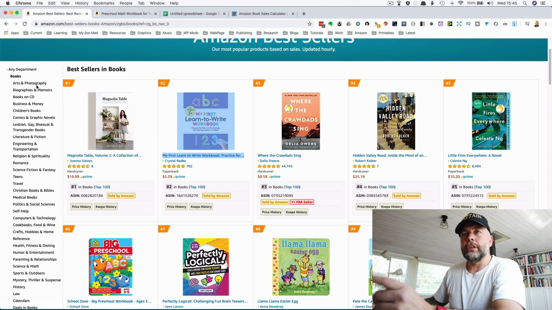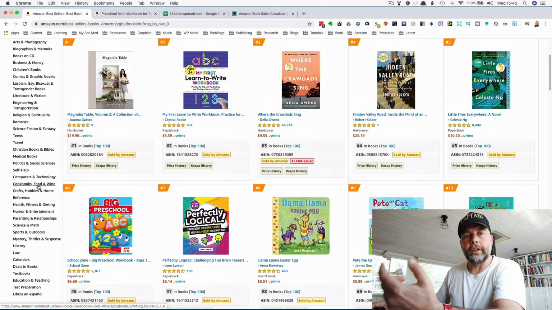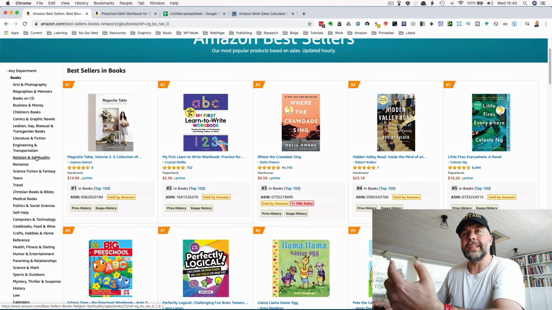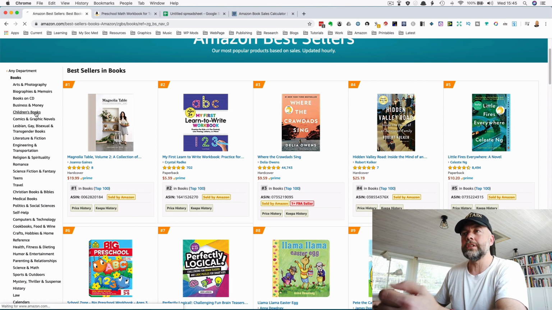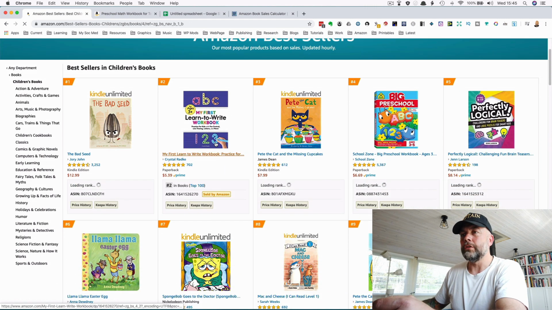Now the beauty of this is if you look down the left hand side, you've got a whole list of different categories, which when you click on them will go down into subcategories. So you need to go through this list. Now I've been through the list already, and I'll show you some examples of good lucrative areas or categories to look at. So if we go to children's books first of all, again we've got this Learn to Write workbook